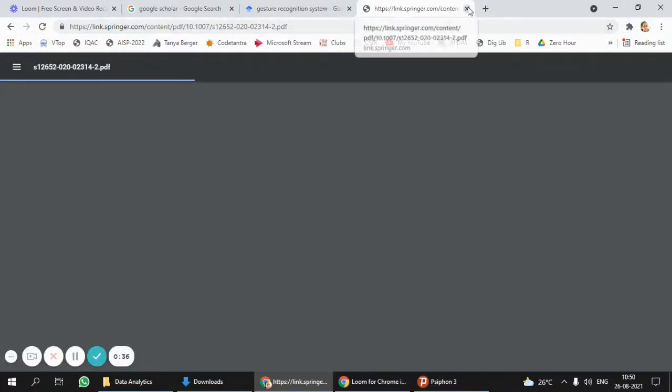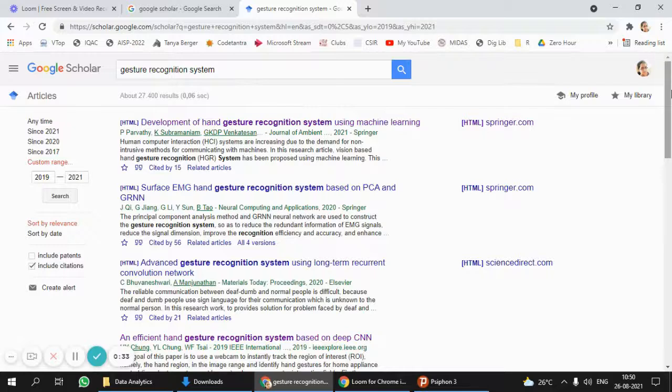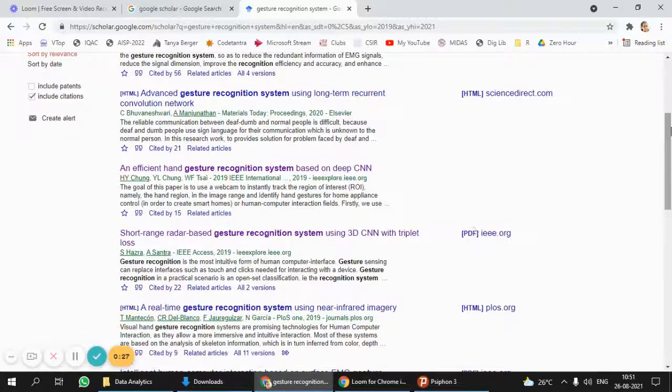Okay, so this is still getting loaded. I'll just close this. Okay, I'll close this as well. Fine. So you see, for all the HTML files, the complete paper will be available. For certain ones, the PDF file will be available. And if it is PDF, definitely the PDF file is going to be available.